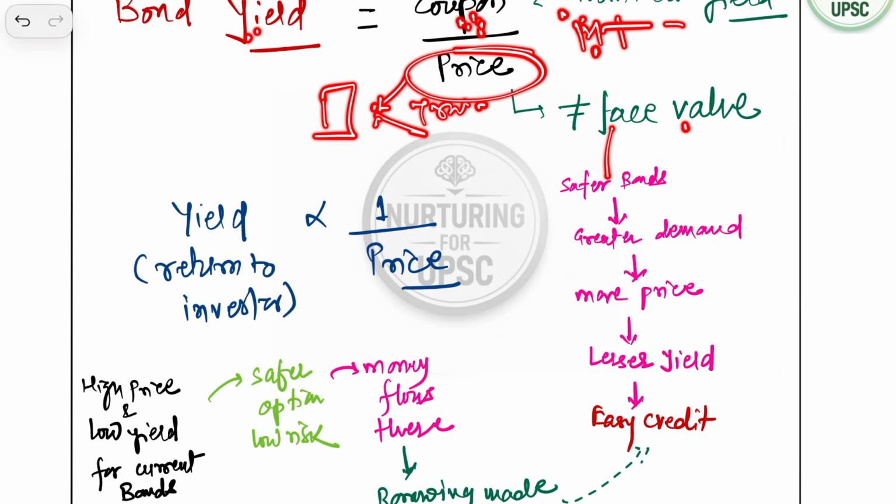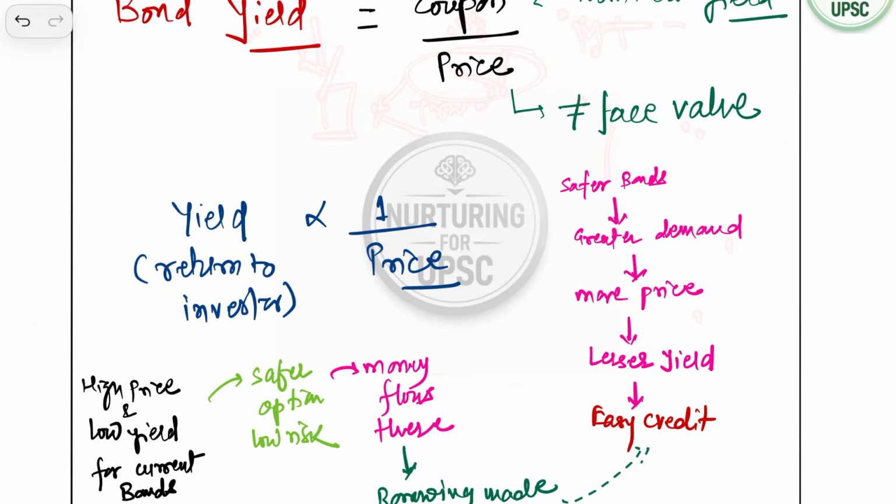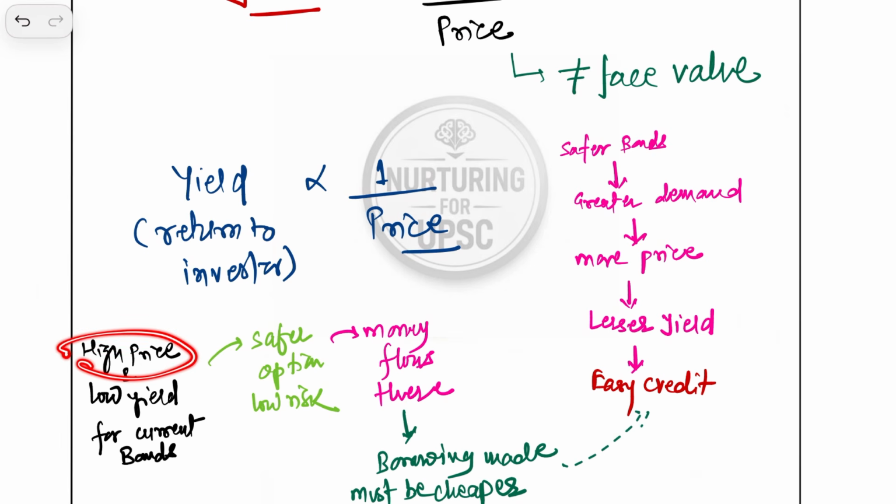जनरली ये यील्ड के बराबर नहीं रहता है, यील्ड के बराबर तभी रहेगा जब प्राइस और फेस वैल्यू सेम रहेगा, पर ये नहीं रहता है। तो क्या रहता है, वो प्राइस जैसे ही बढ़ेगा वैसे वैसे यील्ड कम होगी। क्यों, क्योंकि अगर प्राइस बढ़ेगा तो फिर ग्रेटर डिमांड है, तो फिर लेसर यील्ड है। अब इसको देखने का एक और तरीका क्या है, अगर किसी चीज का हाई प्राइस है तो उसका लो यील्ड रहेगा, और किसी चीज का हाई प्राइस है ही इसीलिए क्योंकि वो सेफर ऑप्शन है, क्योंकि उसके पीछे लोअर रिस्क है, तभी तो उस डायरेक्शन में ज्यादा पैसा फ्लो करेगा, तभी तो उस डायरेक्शन में मोर पीपल वुड बी प्रिफर टू हैव दैट